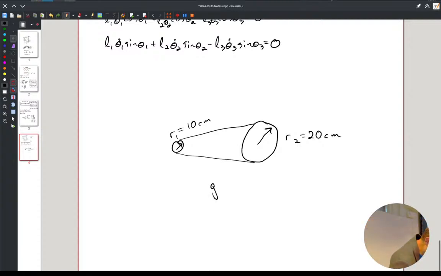So here when we have gear ratios, R2 over R1, that's always 2, and it's also equal to